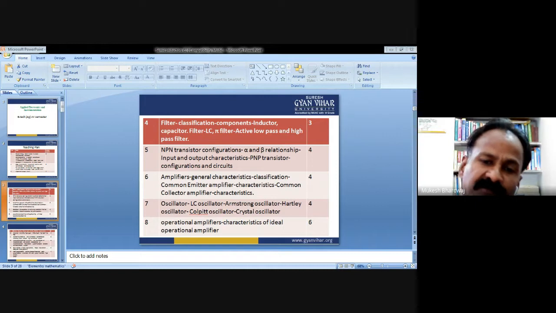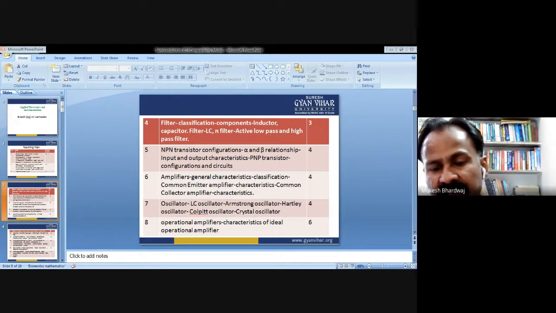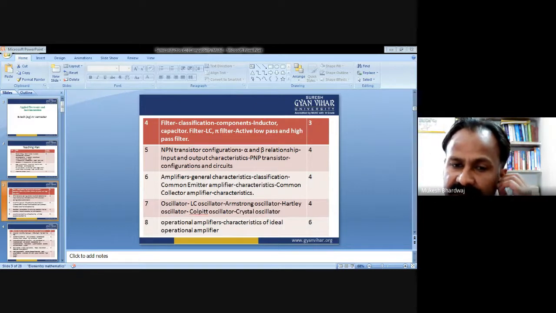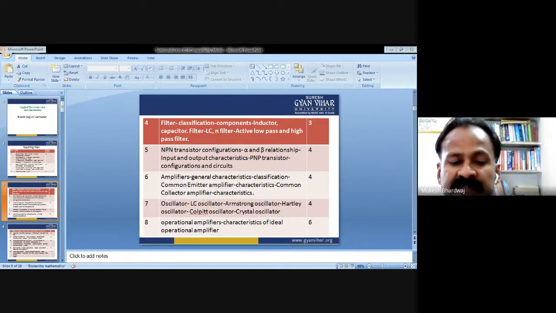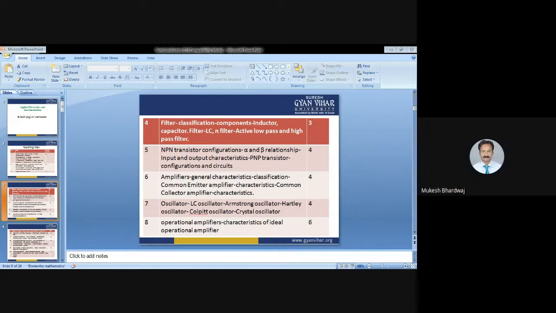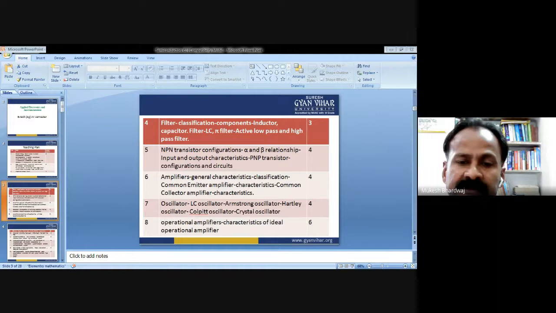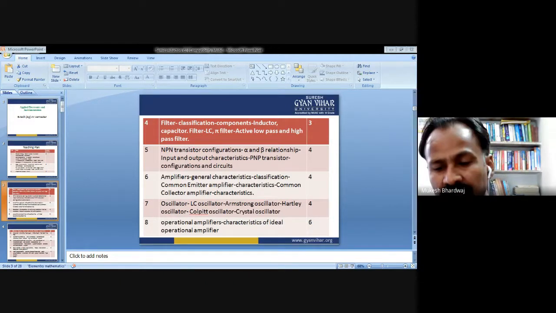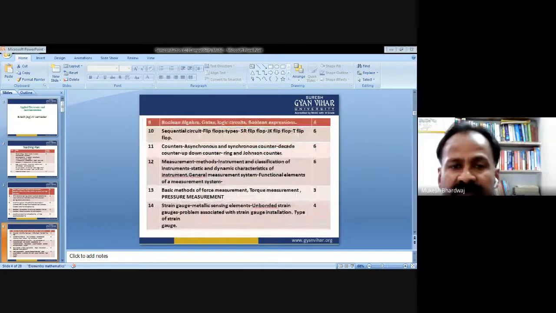Eighth is operational amplifier, or op-amp. Op-amps are basically another type of circuit arrangement using diodes and transistors in addition to the basic components, for performing various types of functions like addition, subtraction, division, calculating the log, and calculating the difference, along with other components like logic gates. So they are known as operational amplifiers.